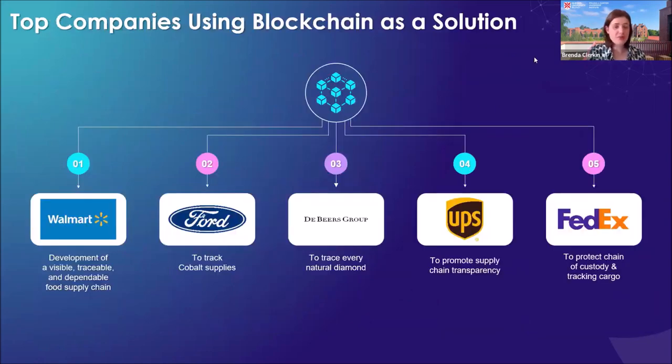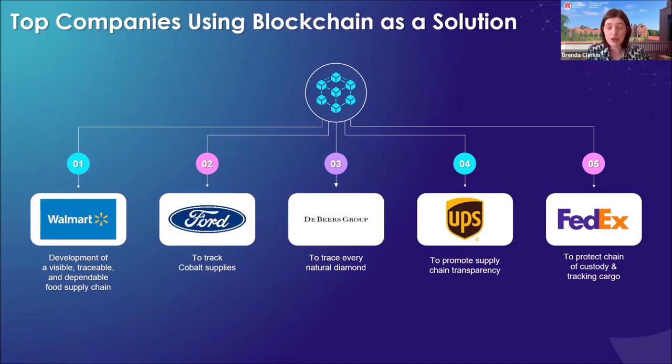A couple of big entities using blockchain at the minute. So I spoke of Walmart there. We have Ford, who are using it for cobalt supplies, a really important part of the electric vehicle batteries. Being able to actually authenticate and have that transparency of where the supplies of cobalt have come from is of value to them. De Beers have been using it for years. They're the diamond company,